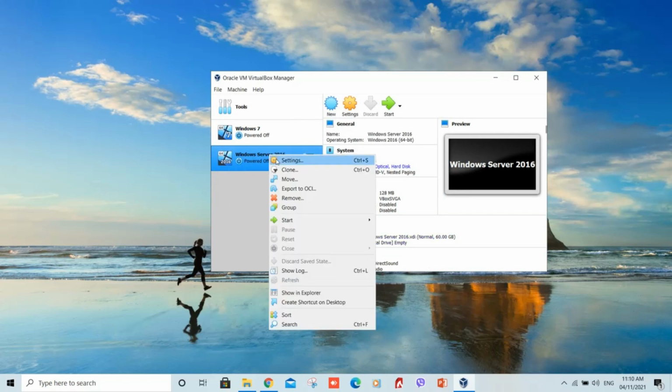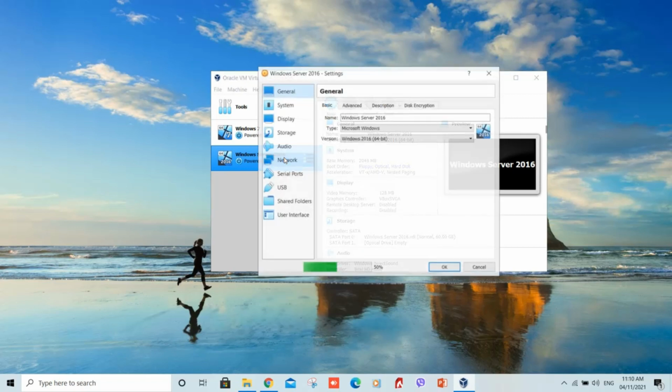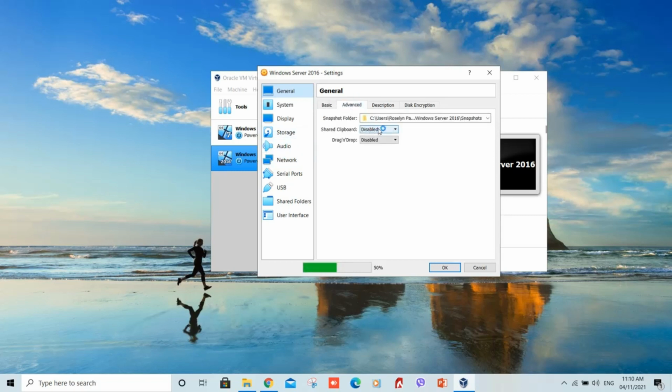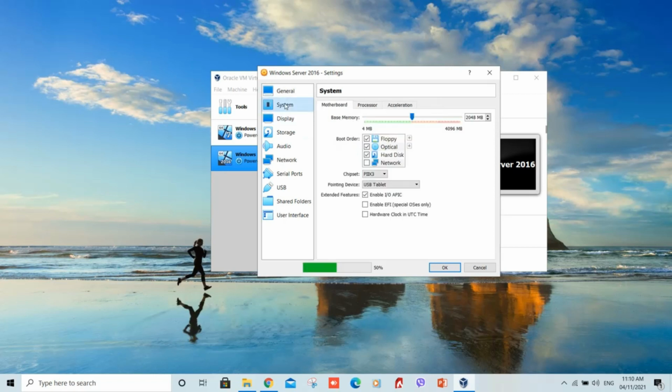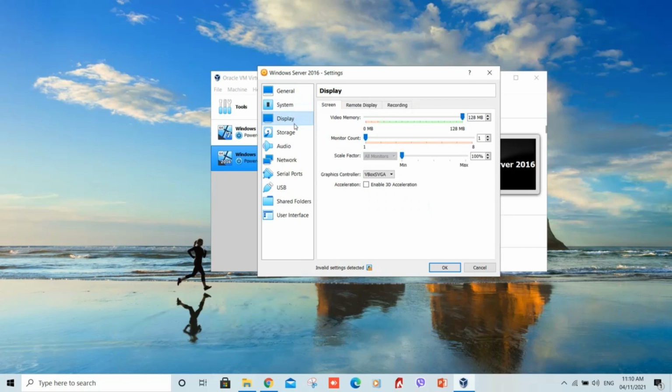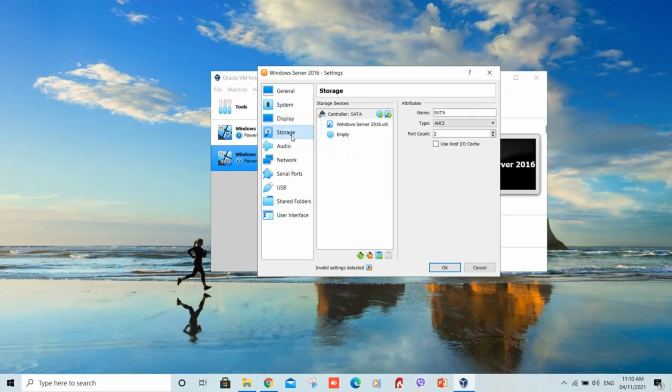Right-click on Windows Server 2016 Virtual System, click Settings, then click on the Advanced tab. Change the Share Clipboard to bidirectional, the same as drag and drop. Leave the default in System and Display. Click Storage,